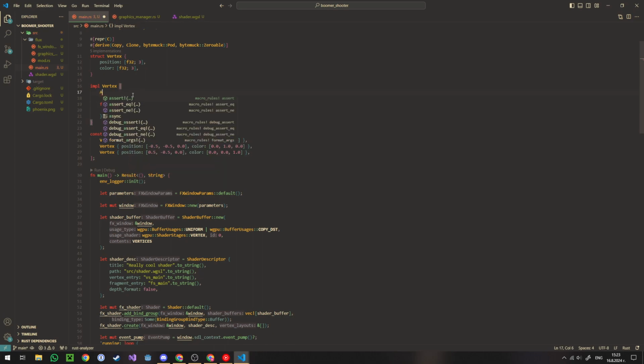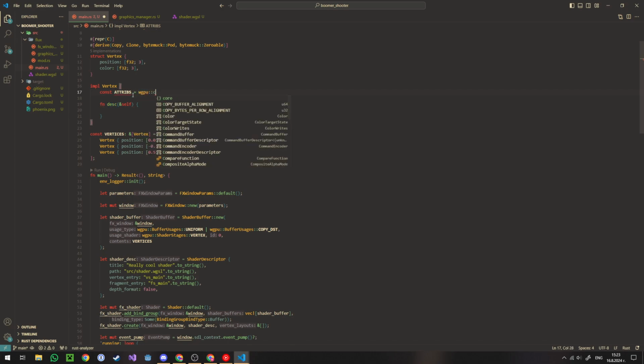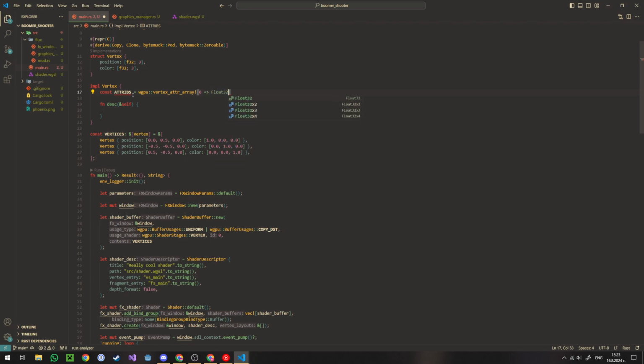In here, I'm gonna do const attributes. It's gonna be wgpu vertex attribute array. 0 is gonna be float 32 times 3 in a color. Oh wait, and 1 is gonna be float 32 times also 3. I also need to set the